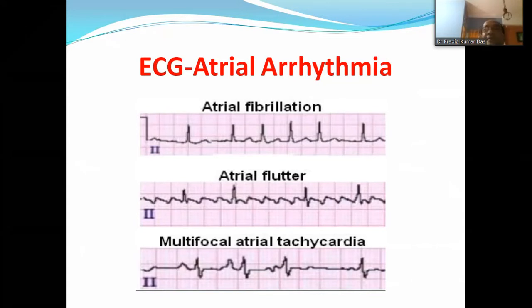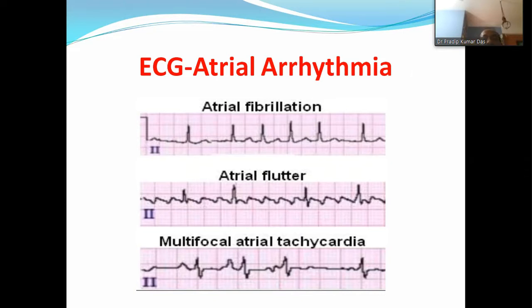So it is atrial fibrillation, and there is no P wave, only some undulating movements, sometimes visible, sometimes not visible. These are called fibrillatory movements. In case of atrial flutter, you can see that the atrial rate is very high, but the ventricle beats in a quite organized fashion. The ventricular rate is almost normal, but with an AV block,